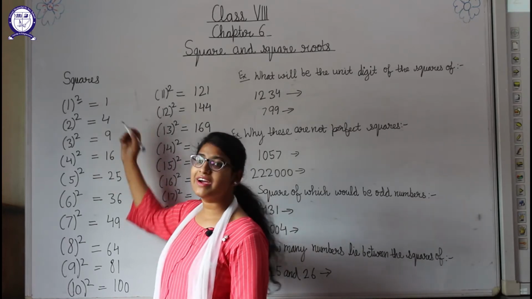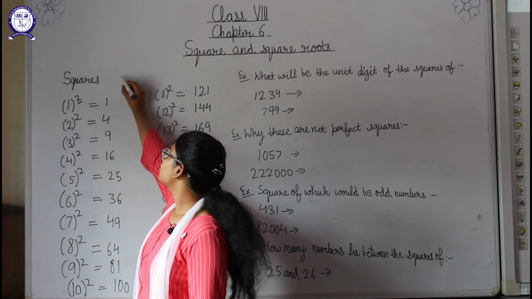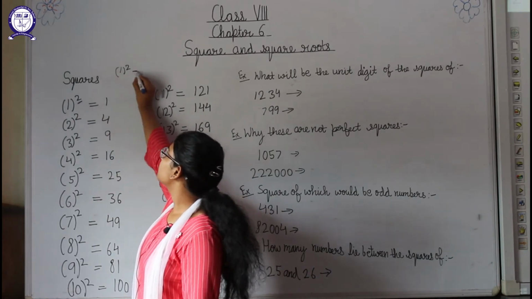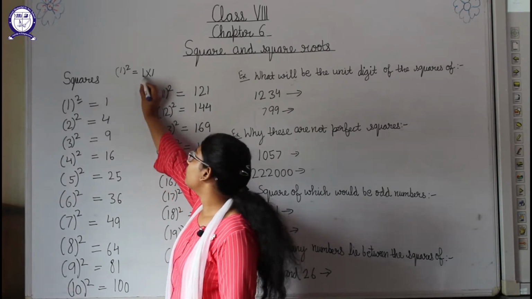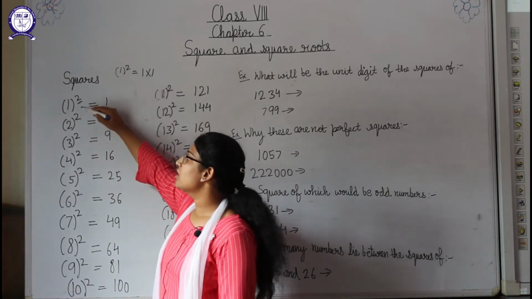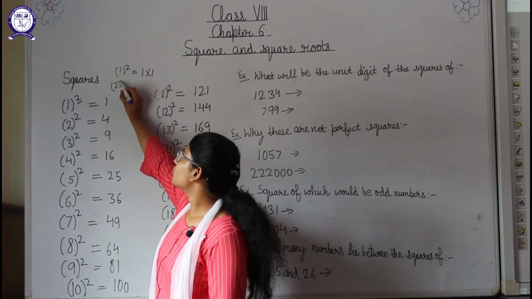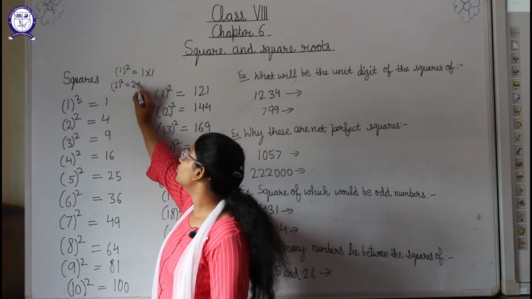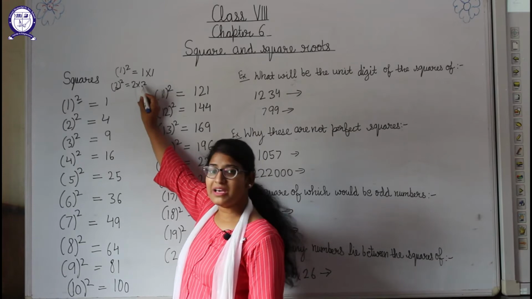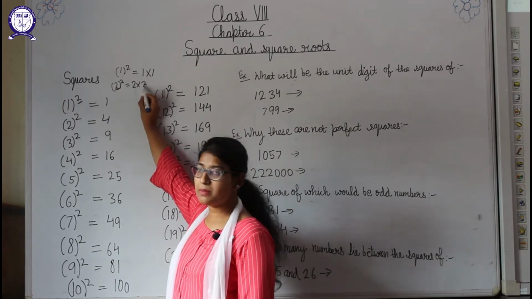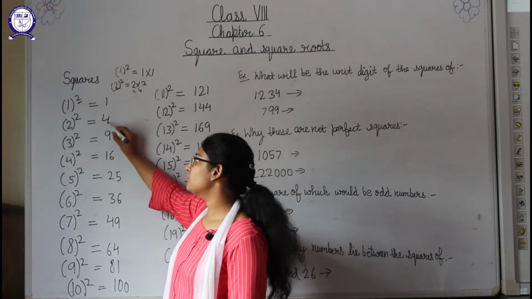And when we have to find the square, what do we have to do here? 1 square is given, so 1 square means we will write 1 two times in multiplication. So 1 into 1 will be 1. It means 1 square is equal to 1. Similarly, we will find 2 square. 2 square means 2 into 2, means whatever the number is, we have to multiply it twice, with itself. So 2 twos is 4, it means the square of 2 is 4.